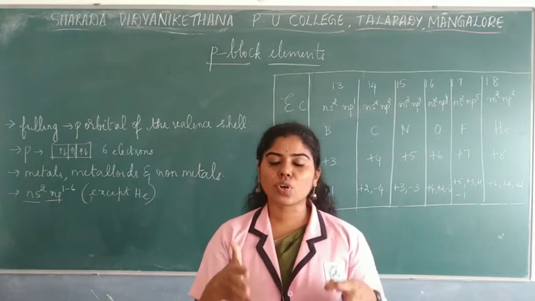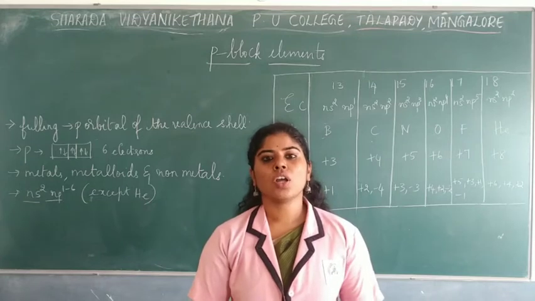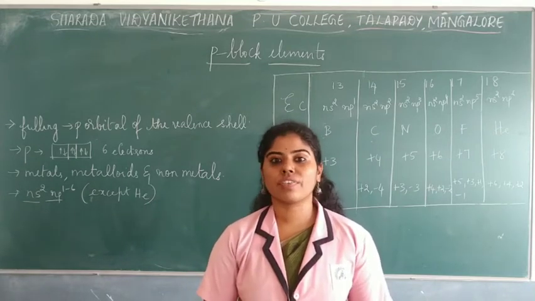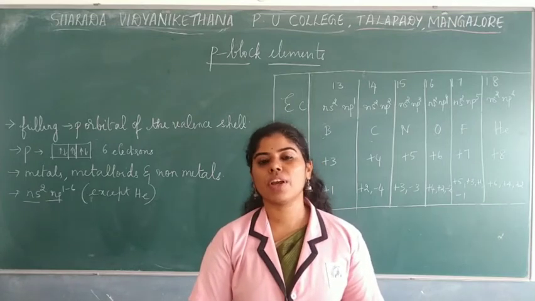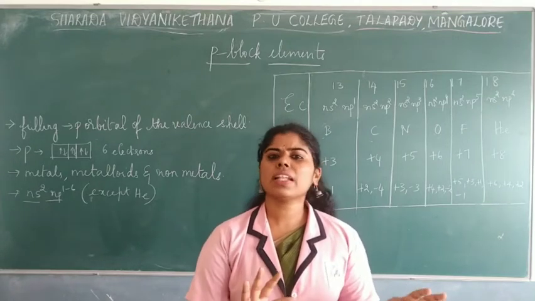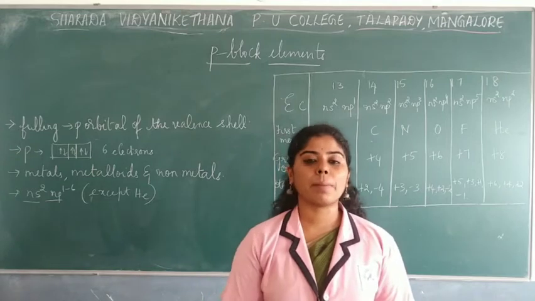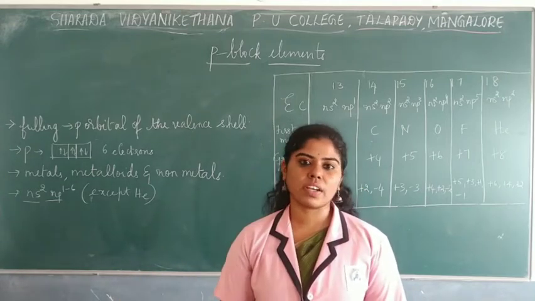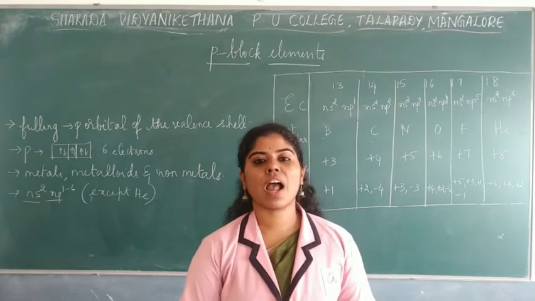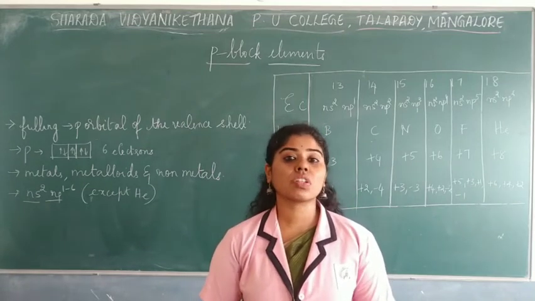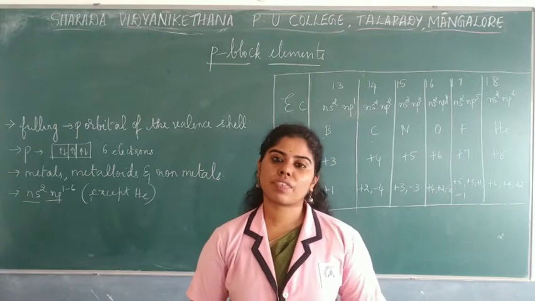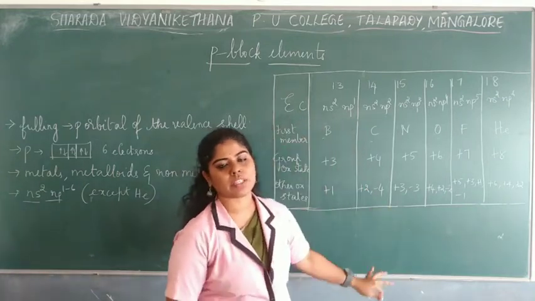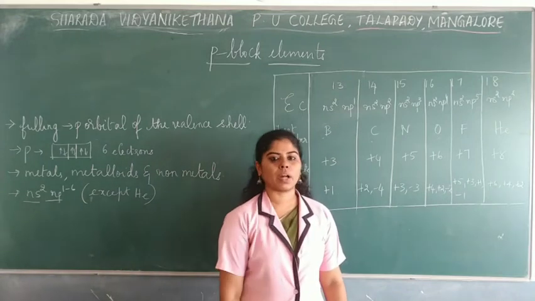So for each group, depending on which group you're talking about, each of these properties will have a lot of variation. When you compare it to the s block, they usually have similar properties. But if you compare the p block, they will have a lot of variations because of different effects, like the inert pair effect, and also the electronegativity difference. All of these matter for the variation of these properties. Let me come to it slowly, one by one.